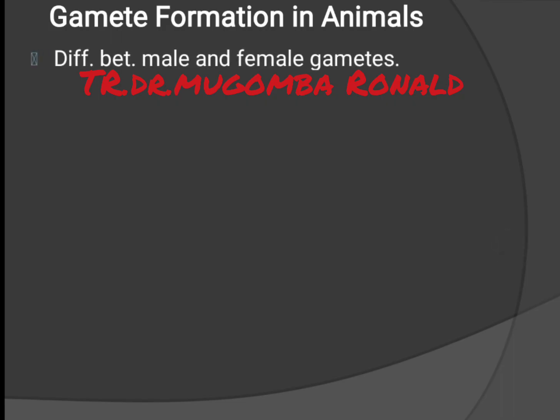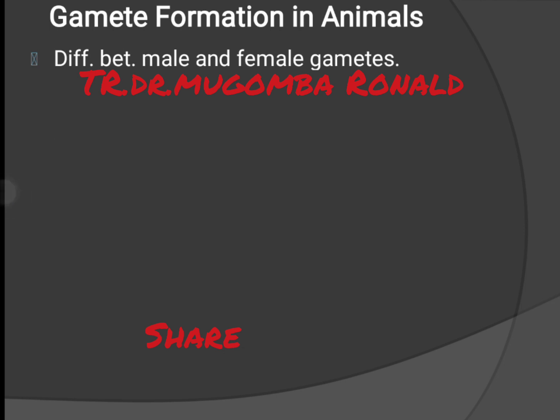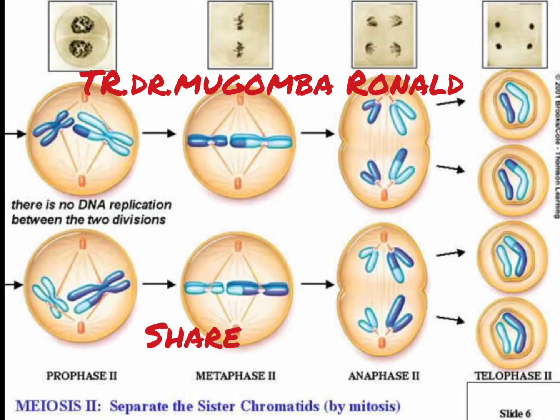It is very important for gamete formation in males and in females, and that is what we usually talk about in gametogenesis. In gametogenesis, we usually have the sperm and the ovum, so we have what we call spermatogenesis and oogenesis. So I've been looking at a summary of the different events that usually take place during the process of meiosis, and we have highlighted in our discussion the fact that during meiosis